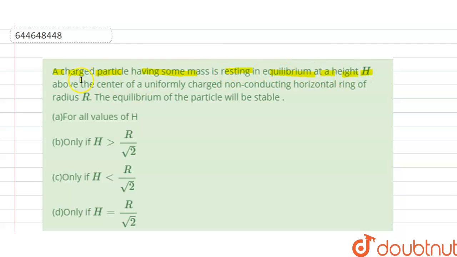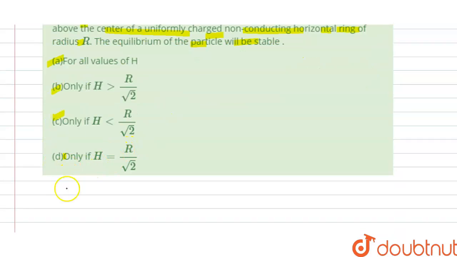Hello students, today our question is: a charged particle having some mass is resting in equilibrium at height h above the center of a uniformly charged non-conducting horizontal ring of radius r. The equilibrium of the particle will be stable for which option? Options A, B, C, D are given here, so we have to find which option is correct. So the solution of this question is,